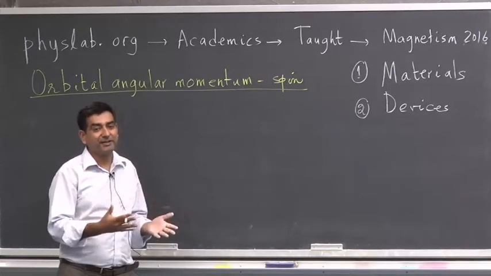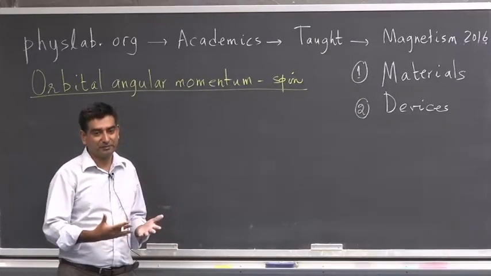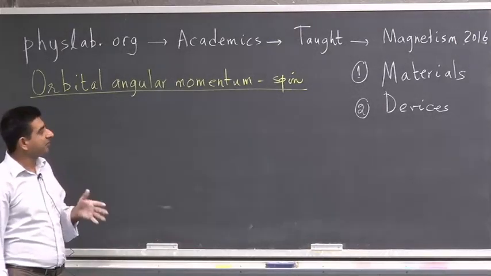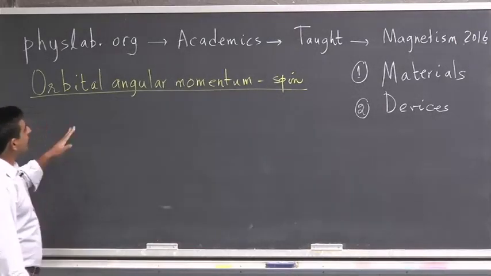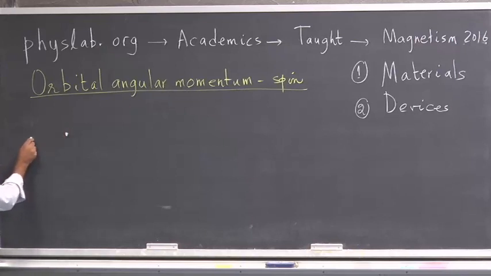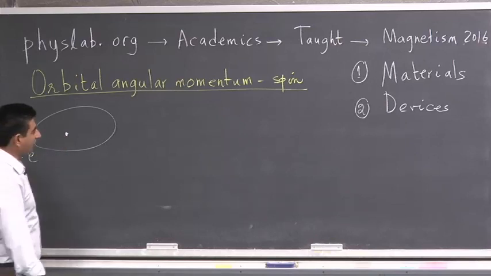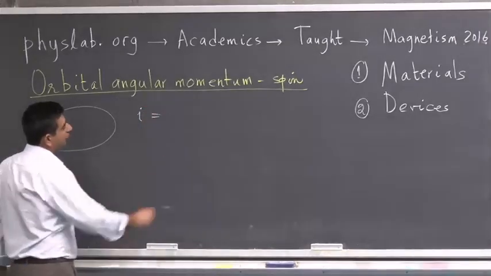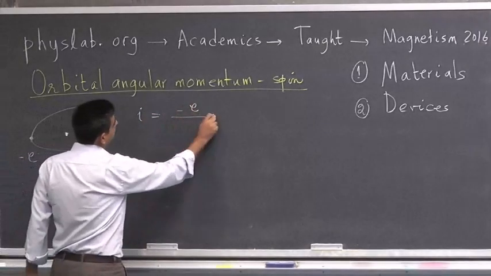I forgot to mention relativity. Relativity is also at work when you're dealing with magnets. And we'll discuss more relativistic aspects when we talk about spin-orbit interactions, etc. So orbital angular momentum, the basic concept which is enough to motivate the subject is, suppose you have a proton and an electron. In the classical model, the Bohr model, the electron, which carries a charge -e, is circulating around the nucleus. Now we all know that the current that is associated with this electron is given by -e times